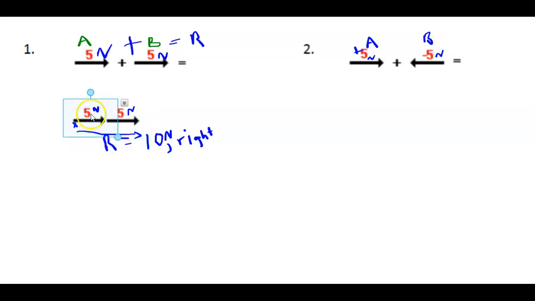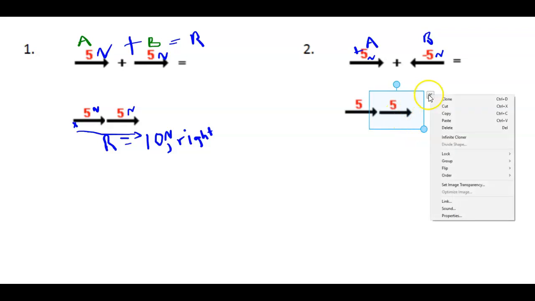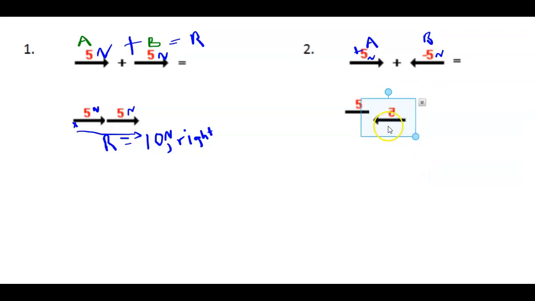Okay. So if that's vector A, and that's vector B, what do I need to do with vector B? So if I start vector A here, vector B goes to the left, so I'm going to flip it. Okay, so if I put them together,